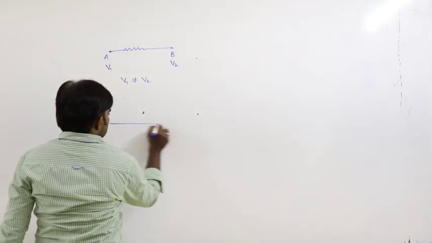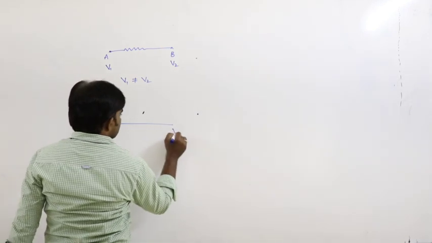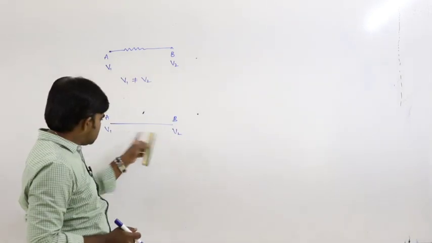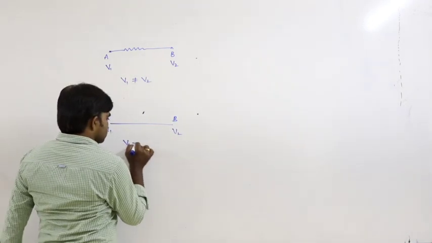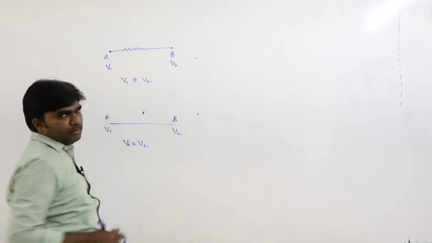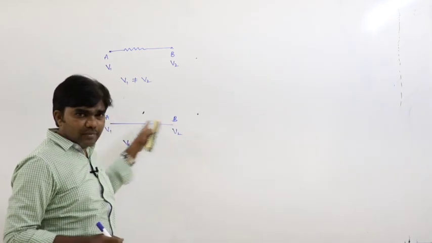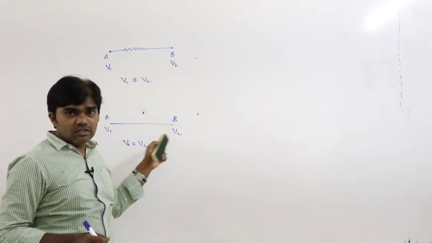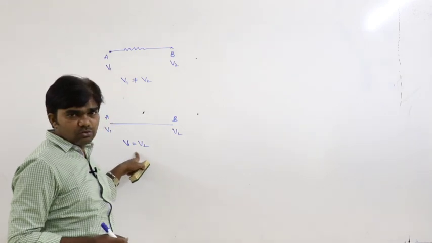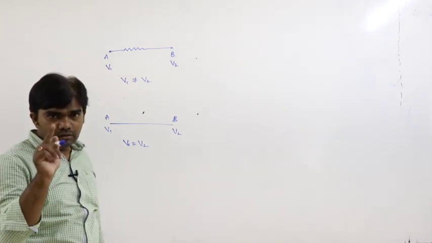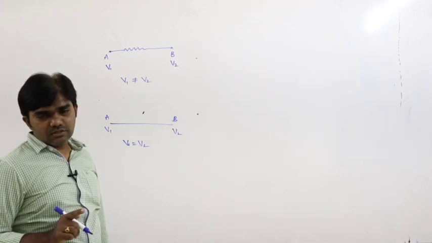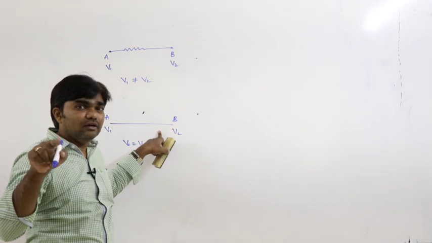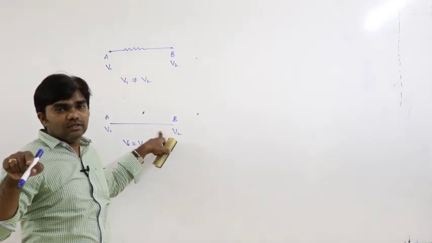So for example, there is no resistance between these points A and B. If there is no resistance, so it is just a wire. Here V1 is equal to V2, because there is no potential drop across these two points. So that's why V1 is equal to V2. If it is a uniform wire, potential never changes. Of course, here it creates a uniform electric field, then also potential is constant.